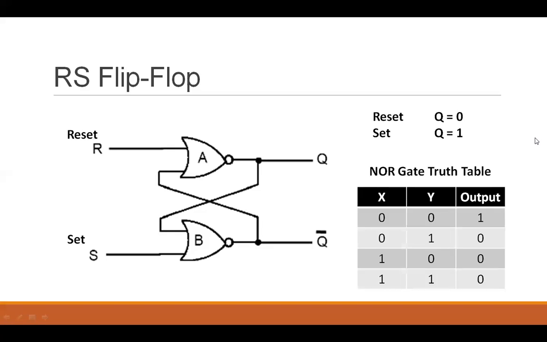So let's analyze the RS flip-flop. I'm calling this RS flip-flop because when you are making this latch using the NOR gate, the R is fed into the Q port and the S is fed into the Q bar port. In this Q and Q complement, this Q is my intended output, and the Q complement is always the inverse of whatever the Q is having. The rule is that Q dash, or Q complement, must always be the opposite of Q.